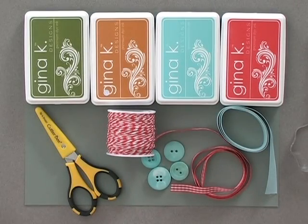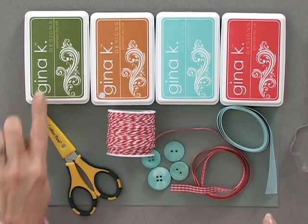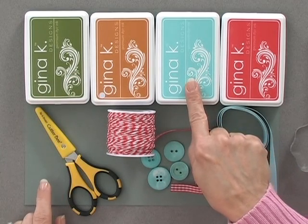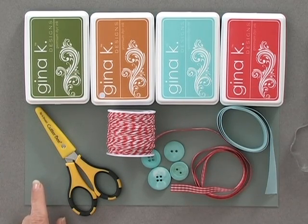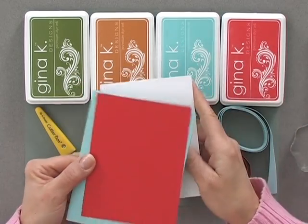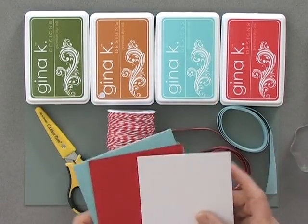First, you're going to need some ink pads, and I'm using 4 of the Gina Designs ink pads. I'm using Fresh Asparagus, Honey Mustard, Ocean Mist, and Red Hot. Then you're going to need some cardstock, and I'm using some of the Gina Designs white cardstock, some Red Hot, and some Ocean Mist. You're also going to need some ribbon and a button and a little bit of twine